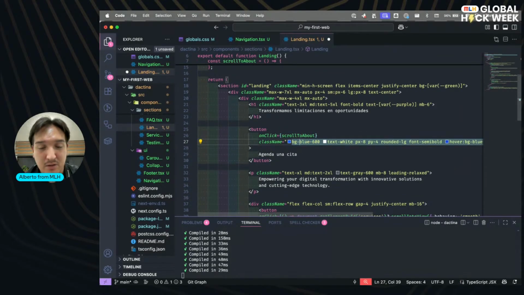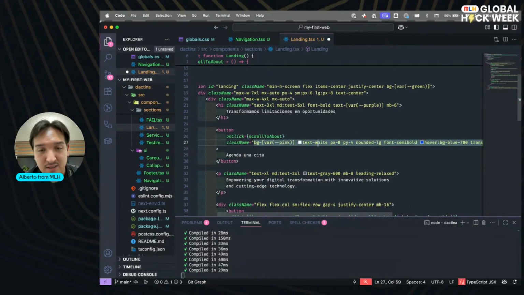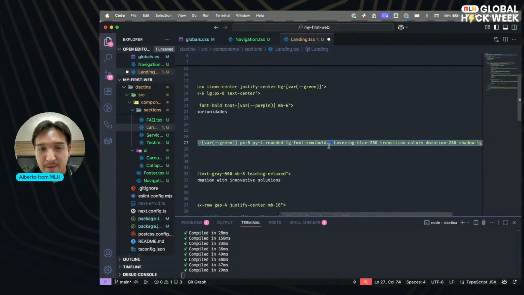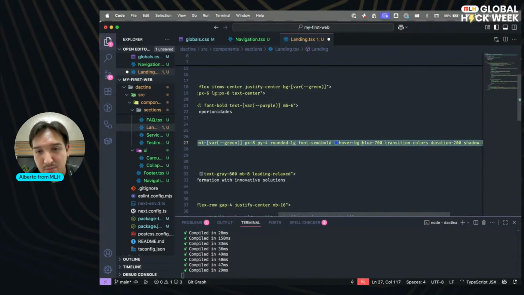This again, the background is not quite this. This will be bar, and not the blue but the pink. Text green. Hover background.